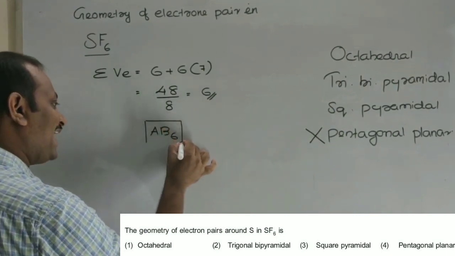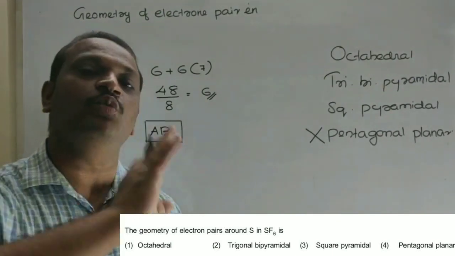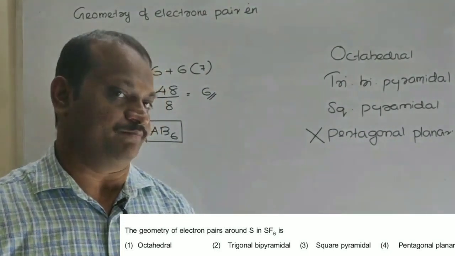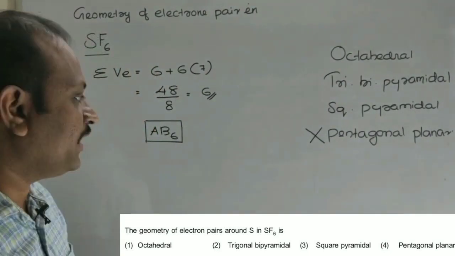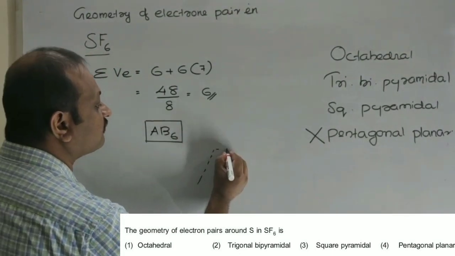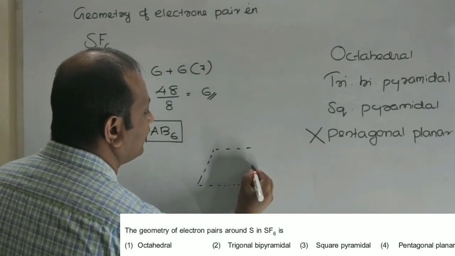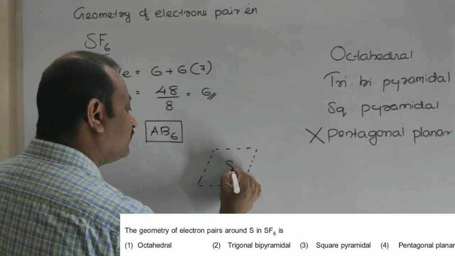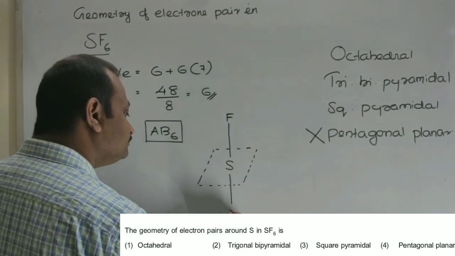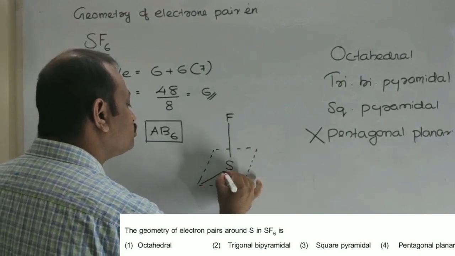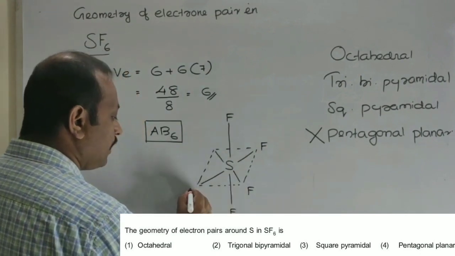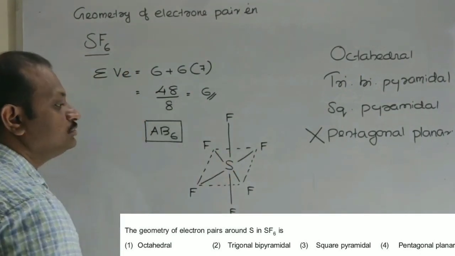You know, whenever you have an AB6 geometry, according to VSEPR theory, these bond pairs will try to keep the maximum distance between them. So in order to keep it that way, which structure will it adopt? Definitely you know that the structure adopted by SF6 will be in this manner. See, sulfur at the center, 1 fluorine on top, 1 at the bottom, and similarly here also you will be having F. So fluorine atoms are there, and this is what is called octahedral geometry.